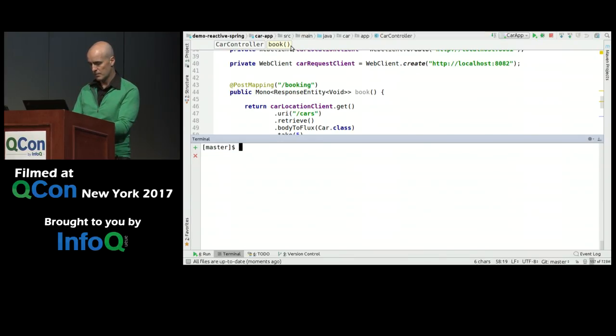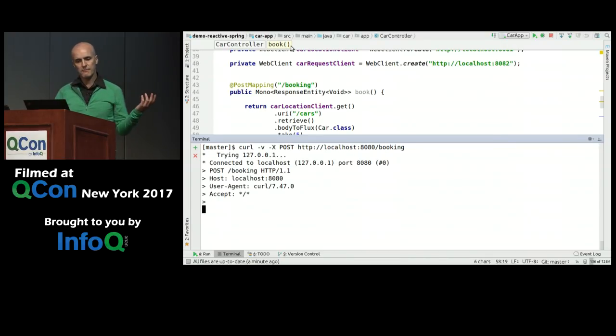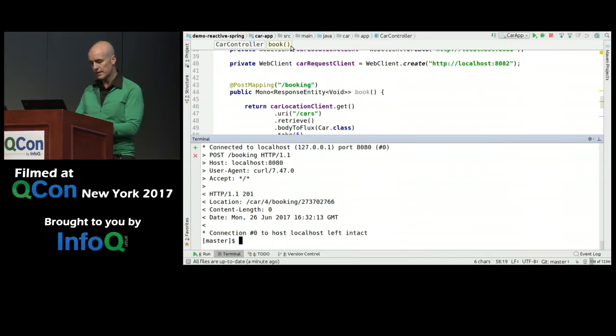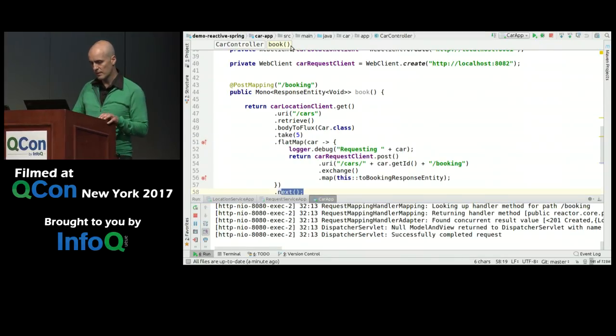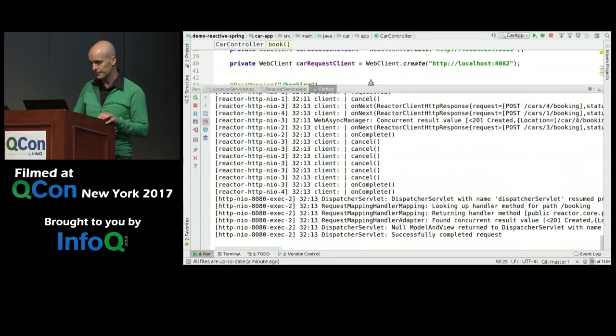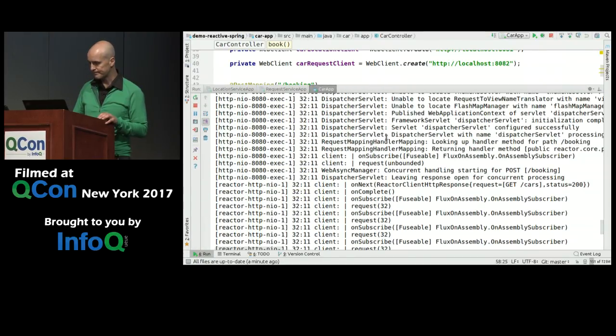So what I'm going to do is, this one is 8080. Just book me a car, basically. And we have to actually make it a post, an HTTP post. So there is the random think time of 2 to 5 seconds. And if we take a look at the output for the car application, you will see here that it made